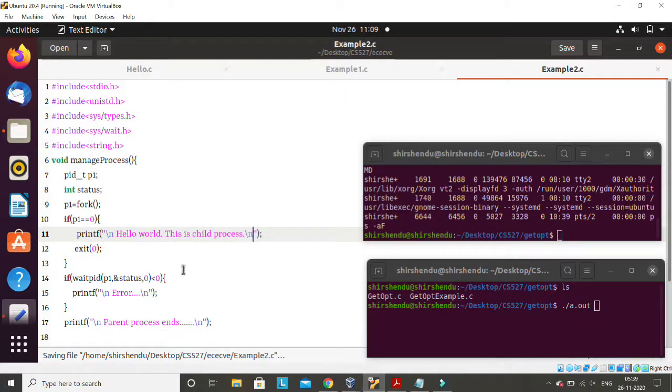At line number 10 there will be two processes, and the child process will print hello world, this is child process, and then it will exit. The parent process will only print that the parent process ends, and then it will exit. But before terminating, the parent process at line number 14 will wait for the child process to terminate. Why we wait for the child process with waitpid, zombie processes, and all these things were already discussed in class, right? So I'm not going into that detail.